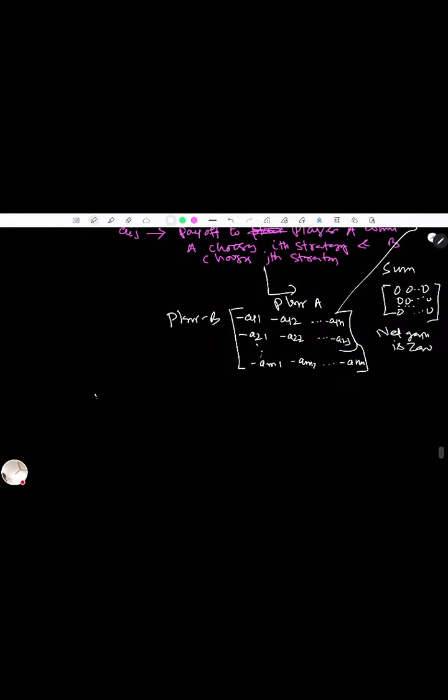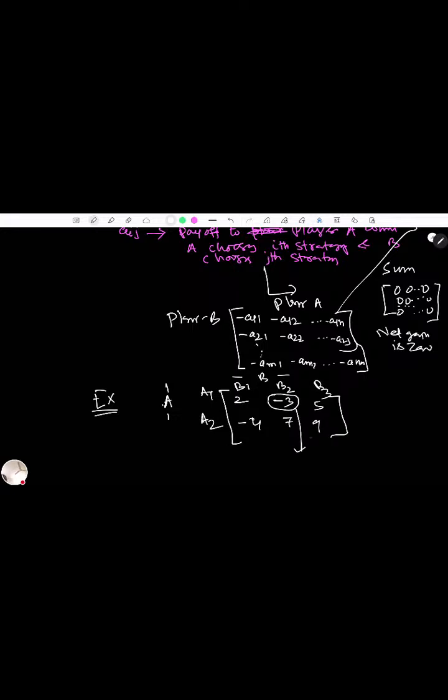For example, suppose player A has two strategies, A1 and A2, and player B has three strategies, B1, B2 and B3. Suppose the game is like this: 2, minus 3, 5, minus 4, 7, 9. By saying this minus 3, what does it mean? It means the gain of